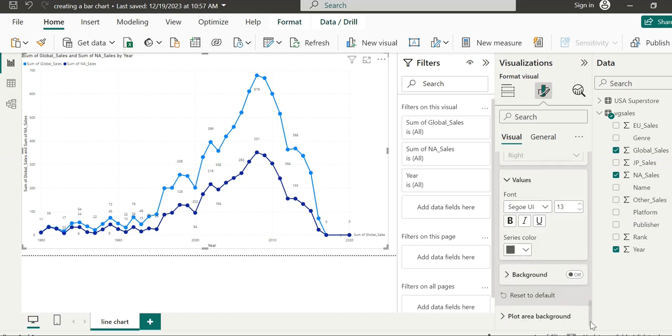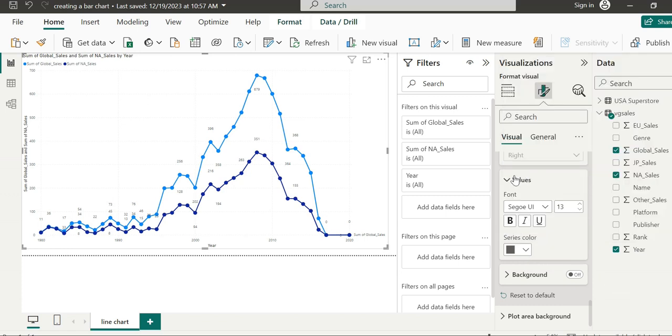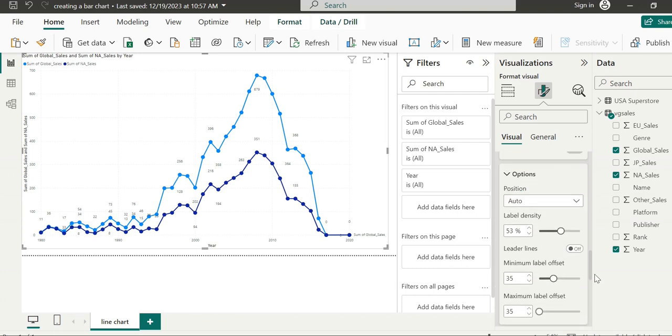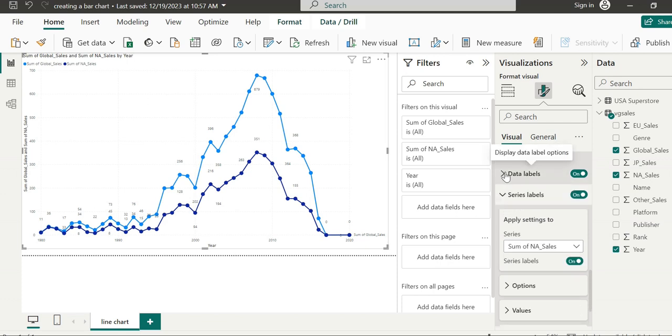If I want to change the color, I can apply it here. There are various changes possible even for values. Now if I want to change the background, there are various options here to change things.